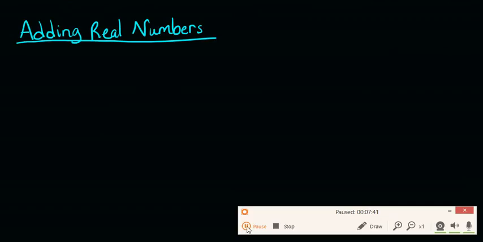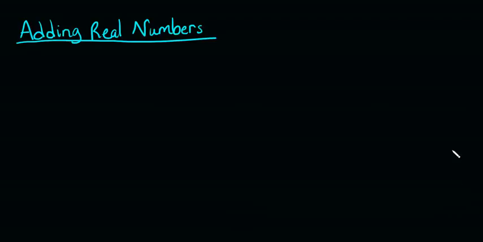All right, when you add real numbers that have like signs, we're going to add the absolute values of those, and the sum is going to have the same sign as the addends. So for instance, if you have -5 plus a -9,